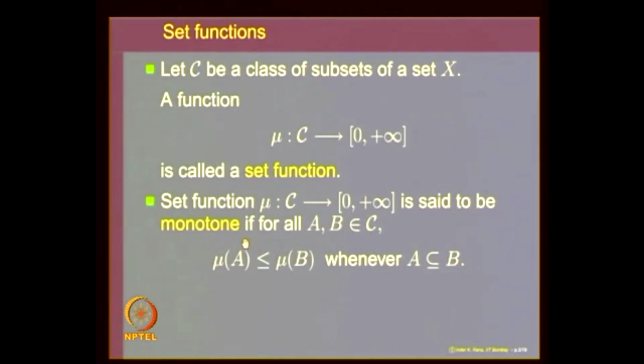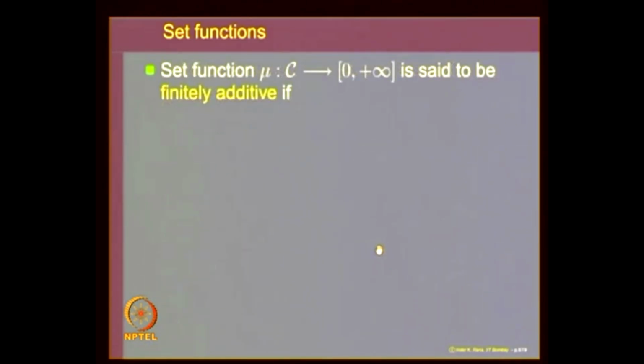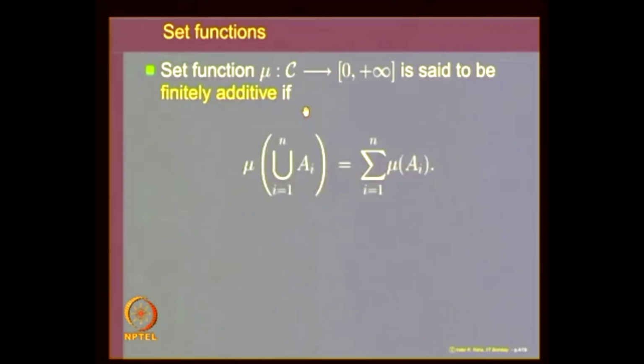So it's some kind of a monotone property that whenever A is a subset of B and both are in the collection C, we want that mu of A should be less than or equal to mu of B. So this is called the monotone property. Next we look at what is called the finite additivity property of a set function mu. So a set function mu is said to be finitely additive, so I am emphasizing the point finitely and additive, if it has the following property,